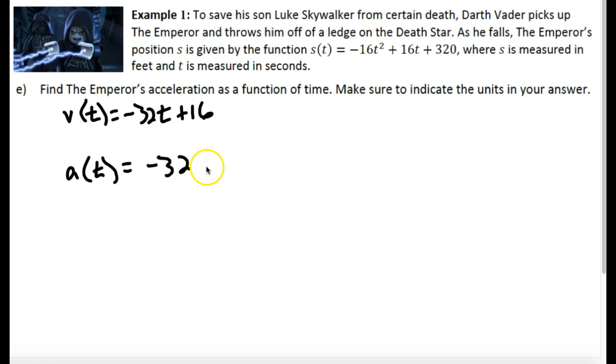Right? So that would actually be negative 32 feet per second squared. And notice this is our constant of acceleration on Earth. Right? Acceleration is negative 32 feet per second squared. All right,